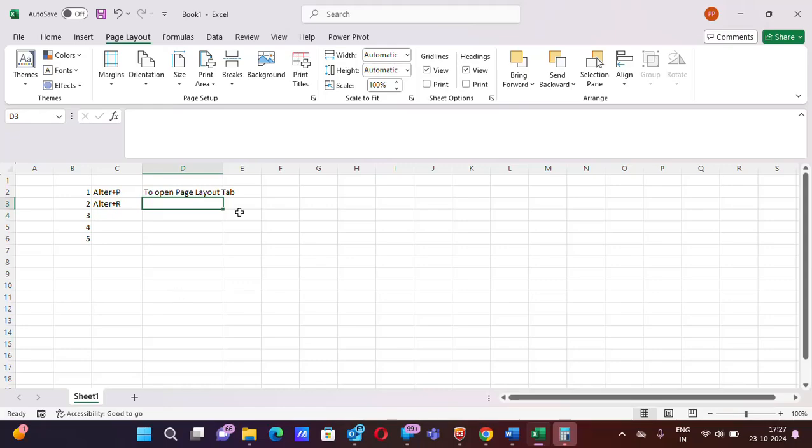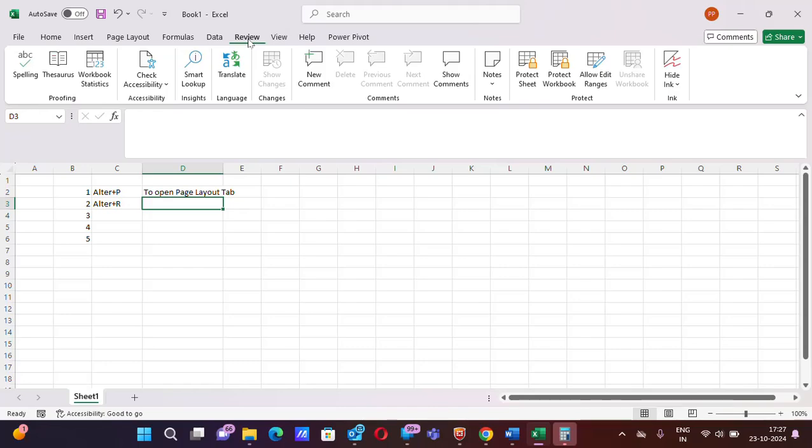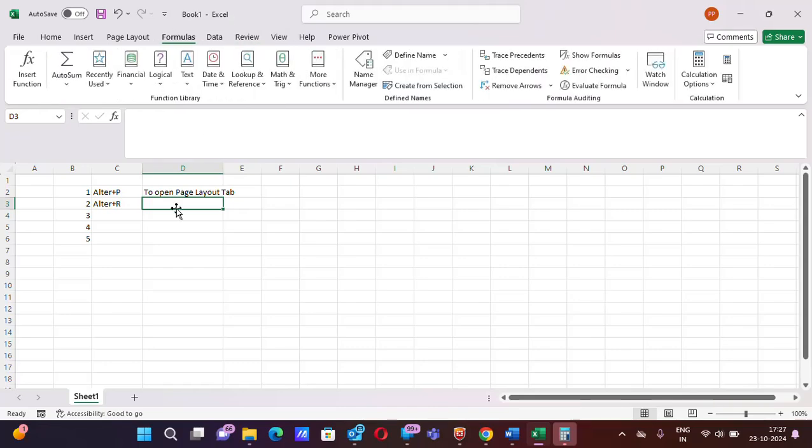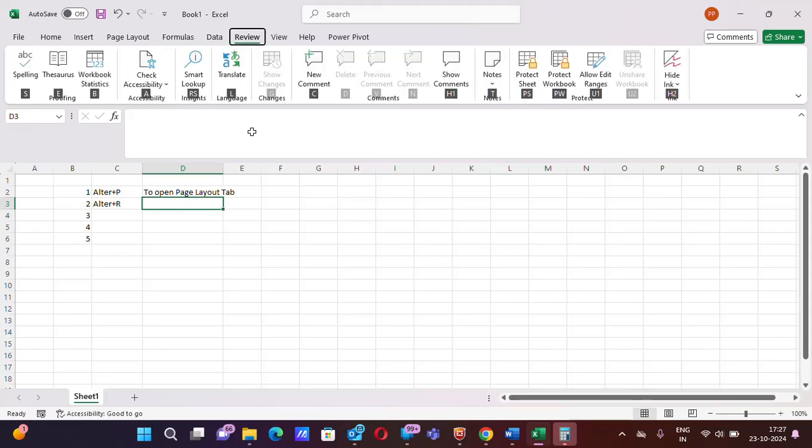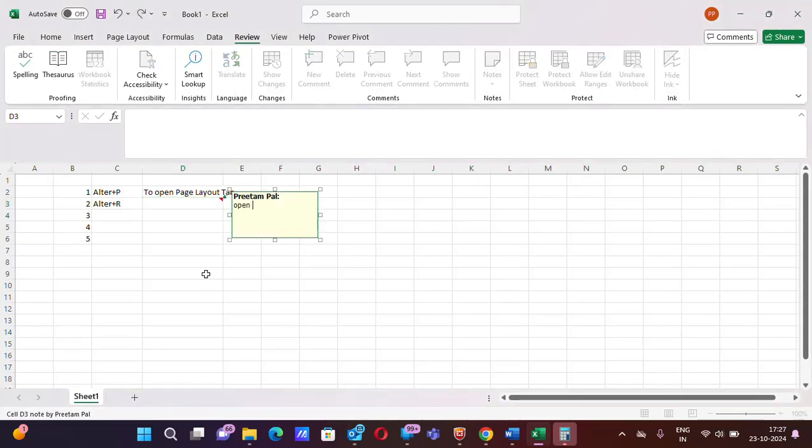Either you can open this review tab by clicking here, you can see, or just press the shortcut key Alt plus R. I am showing you Alt plus R. Here you can see that the system refers us to the review tab. Got it? Great. Okay. Next one is